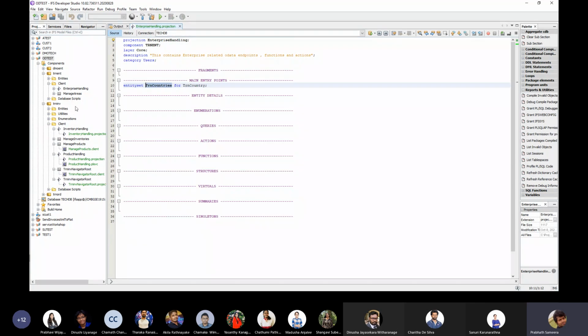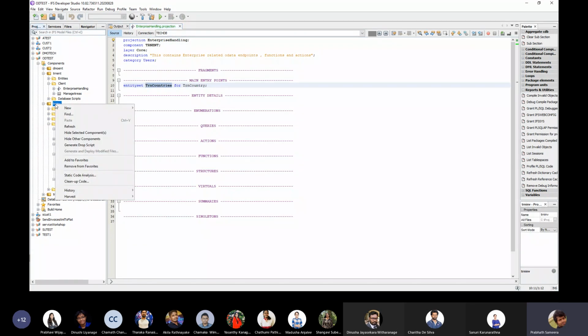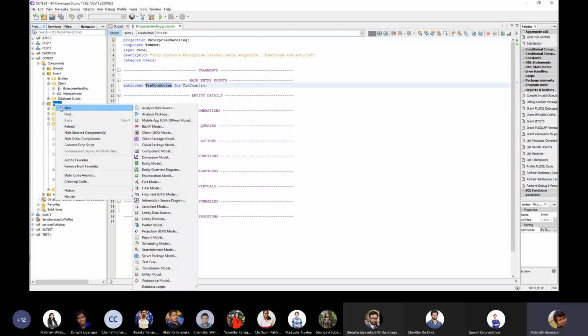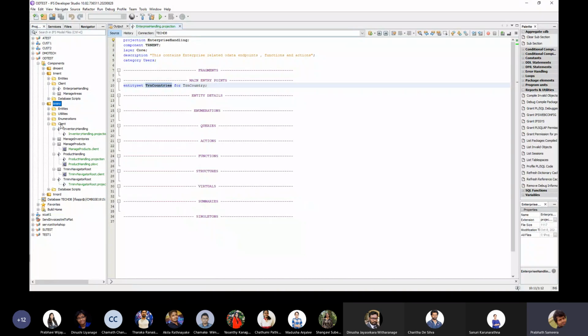You can create the client model file by going into the component, New, and there is a file called client UXS model. You can create it either from here,